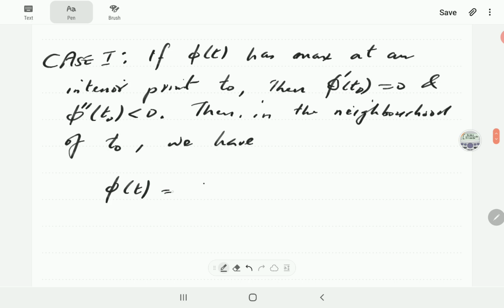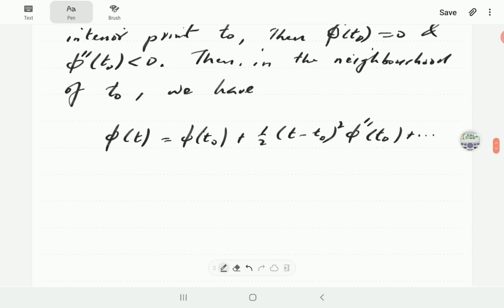So phi of t is going to be phi at t naught. The second term is going to be 0, the phi prime term. Then the next term is going to be 1/2 (t minus t naught) squared phi double prime at t naught. So if we just take those two leading terms,